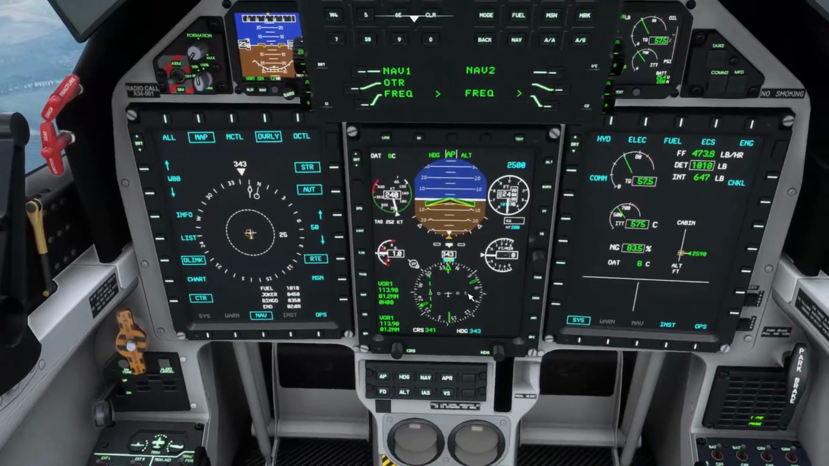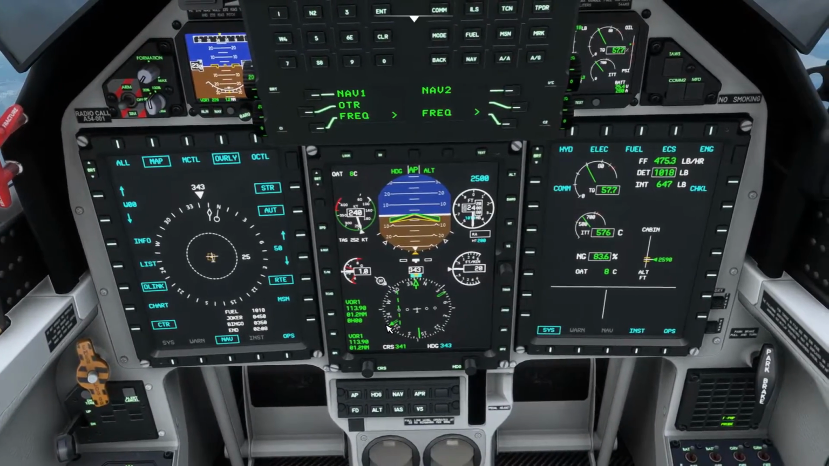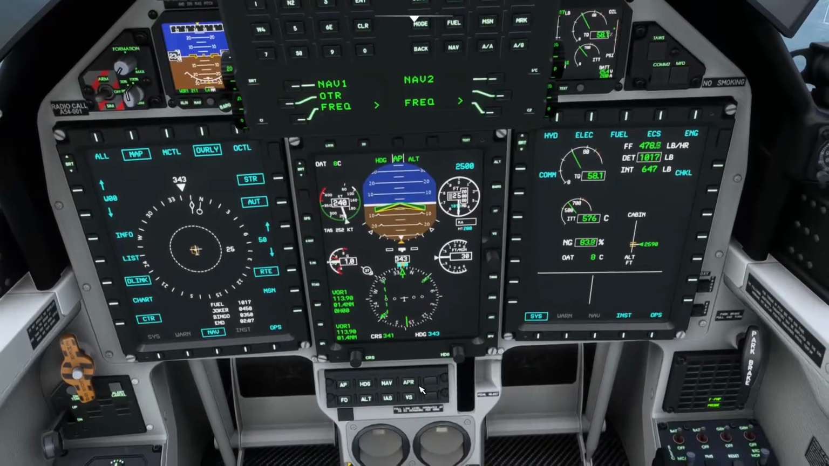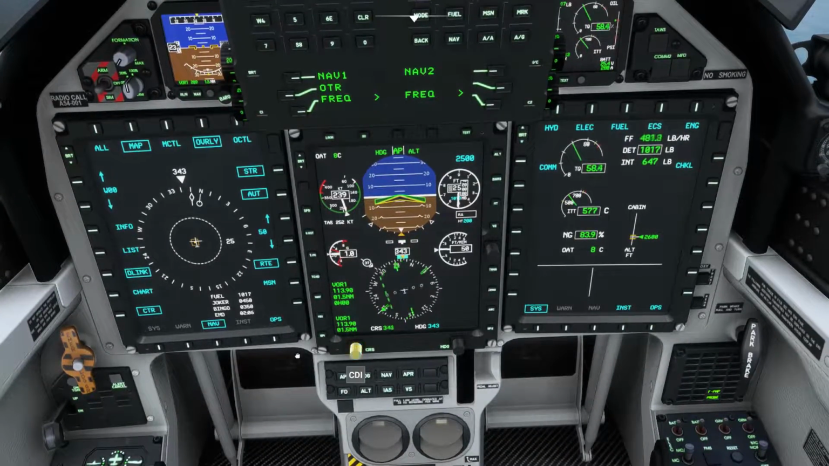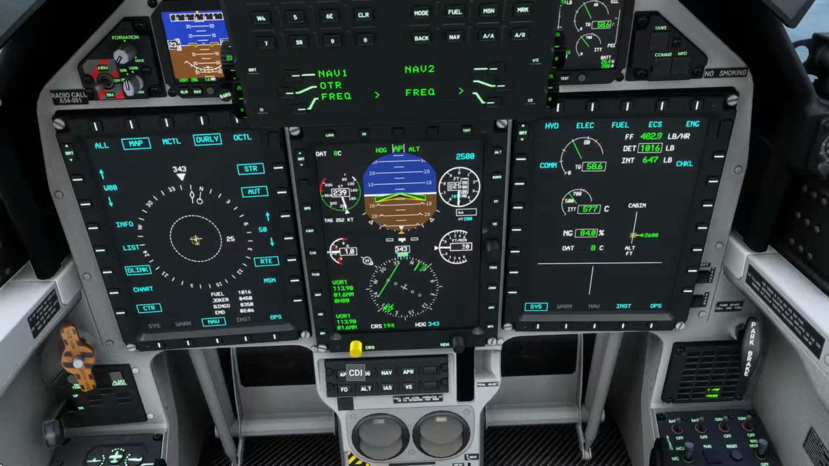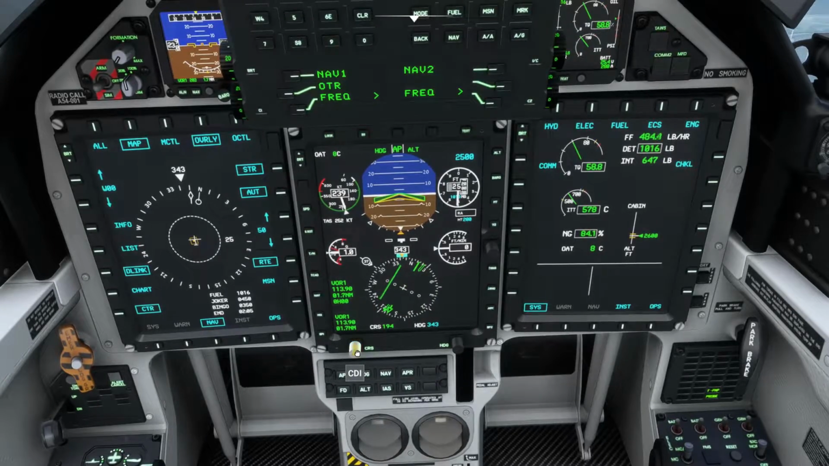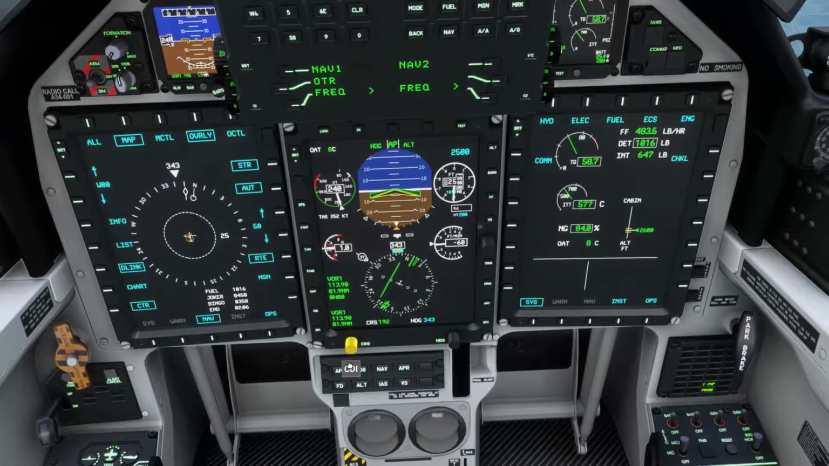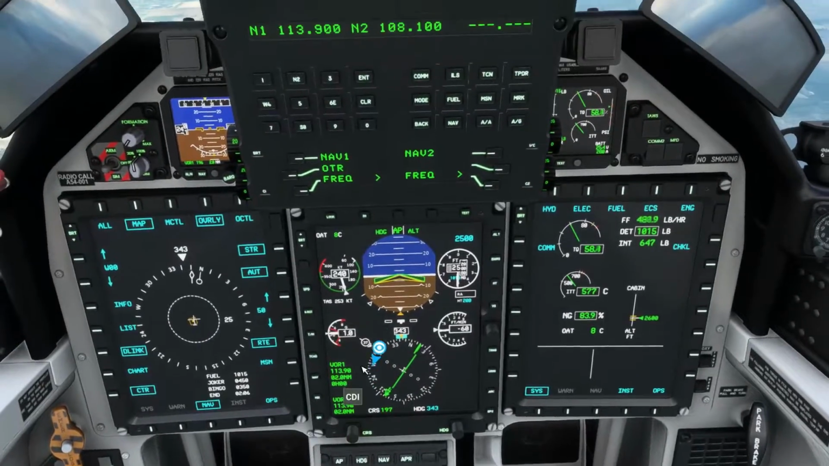As you can see, the course needle is now behind. We've got a dashed CDI. We change that course back the other way, it will turn solid. If it's dashed, we're away from it. If it's solid, we're going towards it. Right, now